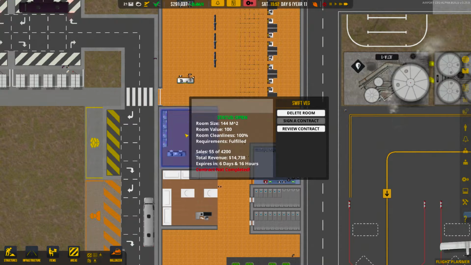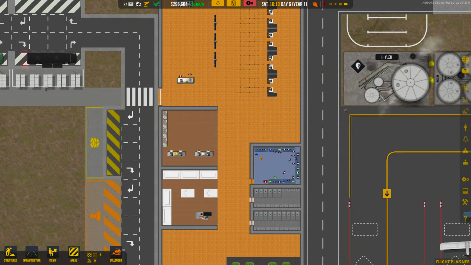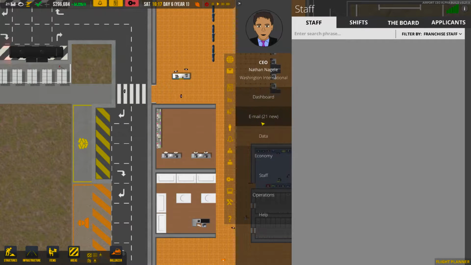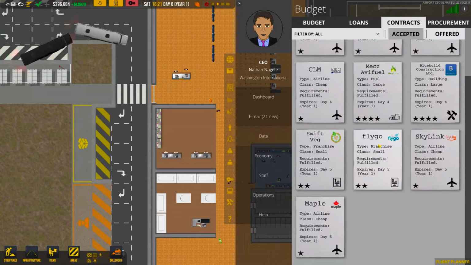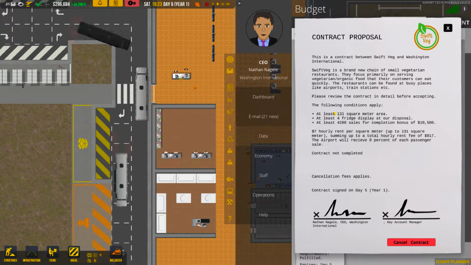But right here, the contract's not complete. They're still making some money. Is that how many sales they're supposed to complete in that time? I don't know. I hope that's not how that works. If it is, I'm in trouble. Maybe I should have looked at that ahead of time. So I'll go into accepted contracts. And let's take a look at this. It says...